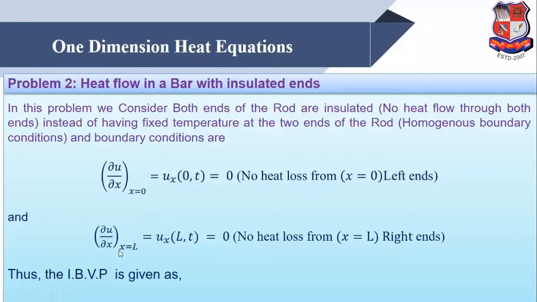And the other boundary condition, del u by del x at x equal to L, is again 0. That means no heat loss from x equal to L, that means right end. So thus, the initial boundary value problem is given as